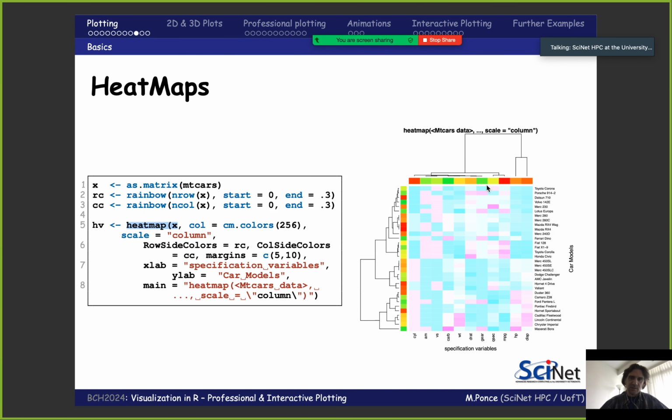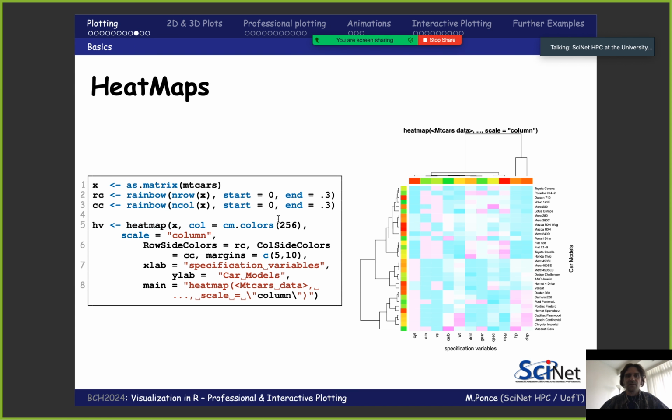It's called dendrograms, and what it does is it tries, by looking at similarities in the different features, to arrange the data and say, oh, these are closer, this can be a small cluster. So there are some interesting features going on, and all that can be captured in a variable. That's why I assigned this to HB. Now the heat map takes one argument for the data, and then it takes multiple arguments for different customizations.